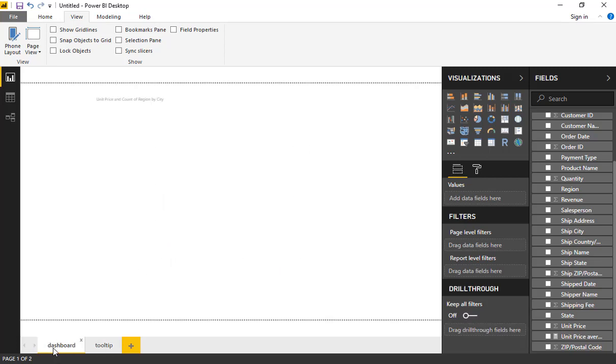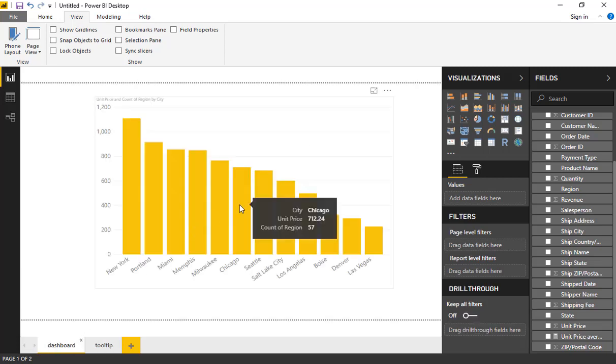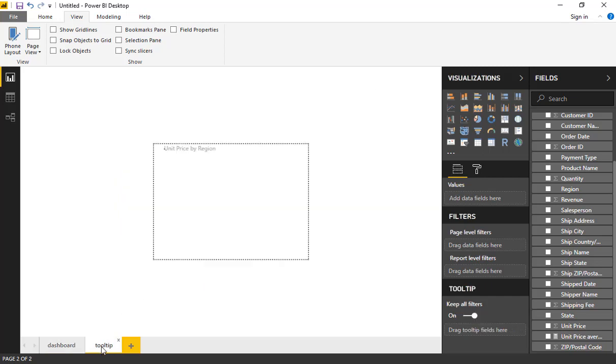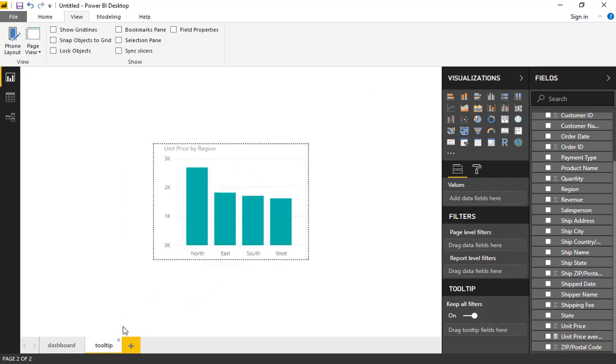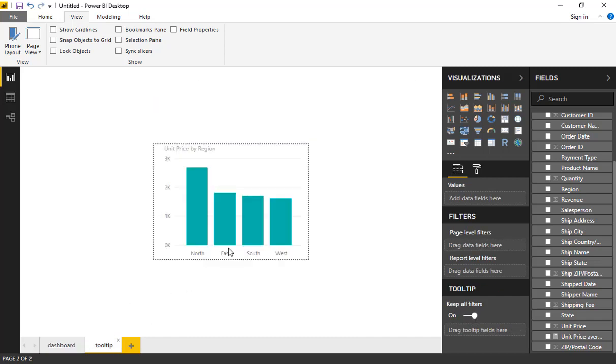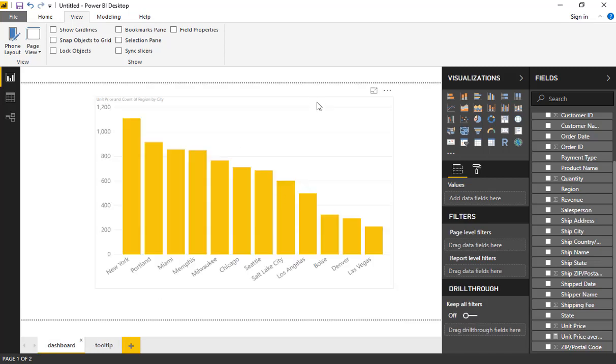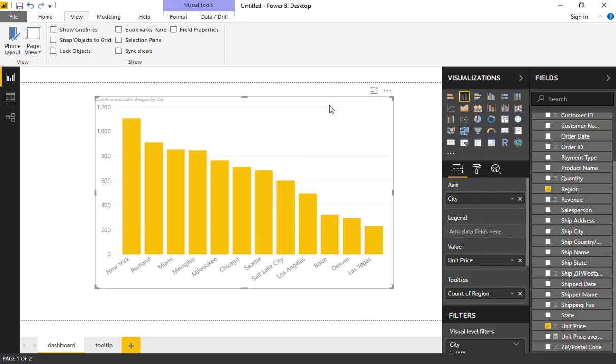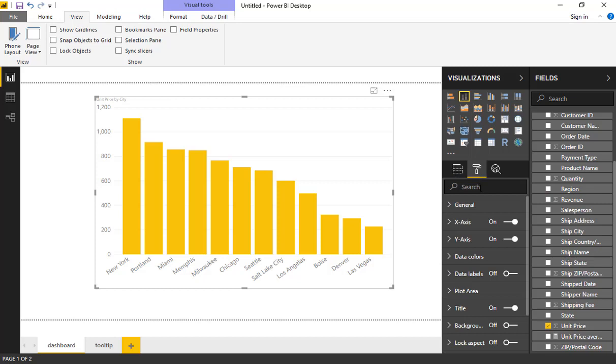Now going to the dashboard again, I want to replace this default tooltip with my fully customized tooltip. So how can we do that? I just click on this object, okay, and now I will be going to the format area.